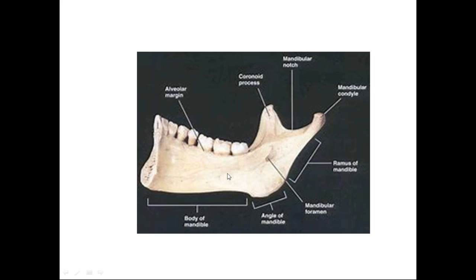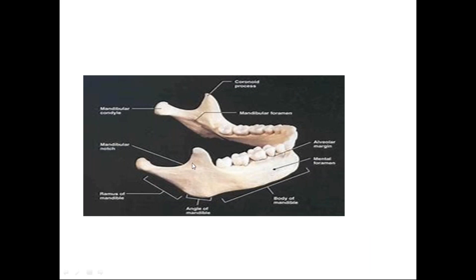Now this mandible bone is very important. It has various structures in relation to it. Among the muscles, the masseter is attached on the outer surface of the mandible. To the coronoid process, the triangular projection, at its anterior border and tip, there is attachment of the temporalis muscle. Then the facial nerve and vessels wind around the base of the mandible. From the mental protuberance, there is origin of the mentalis muscle.